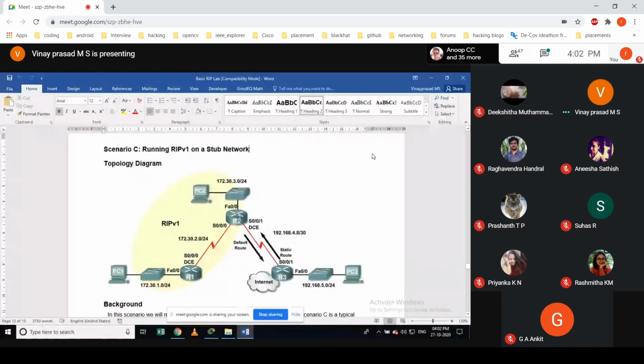Okay, this is what we require, because in the later class when we do access control or something like that, we use it this way by default. So inside I will be using RIP, and between my network and your ISP network, one side is default and another side is static.